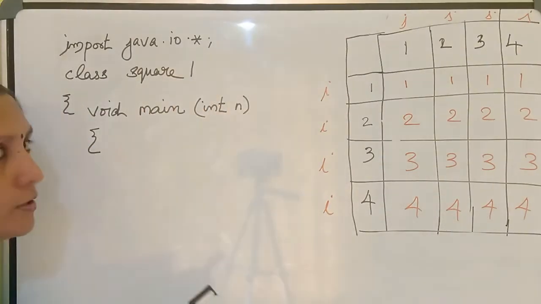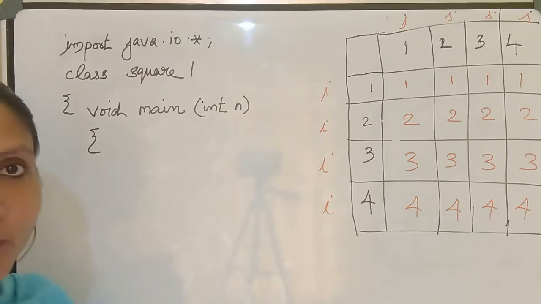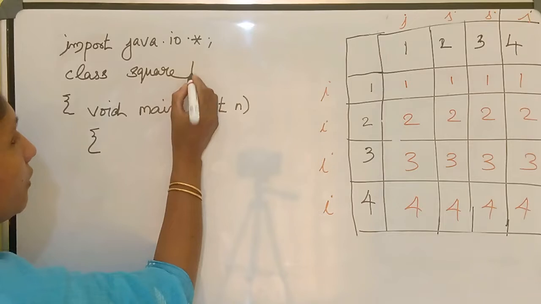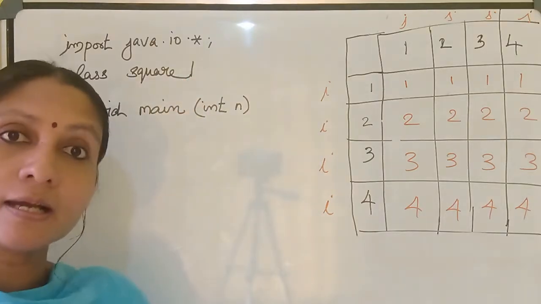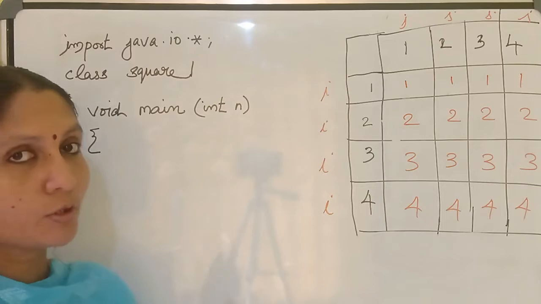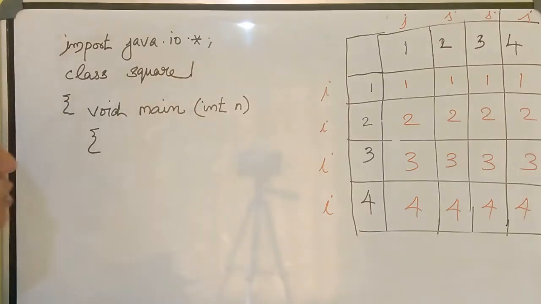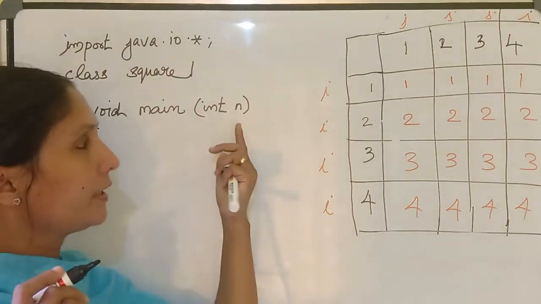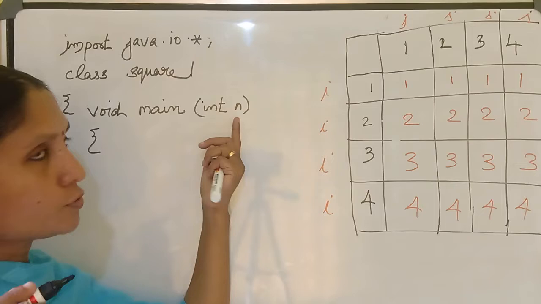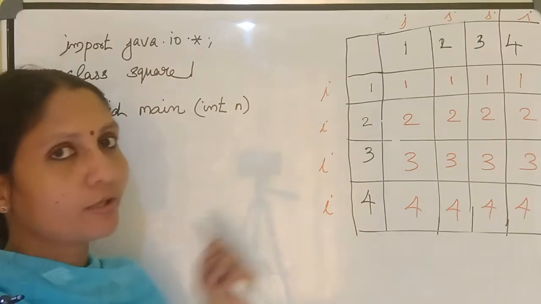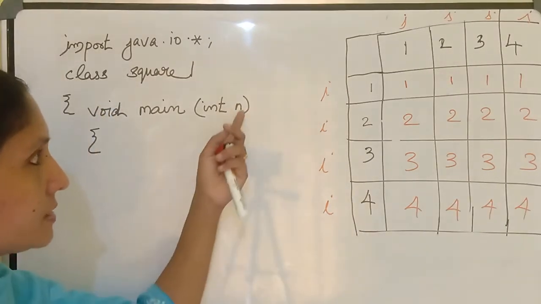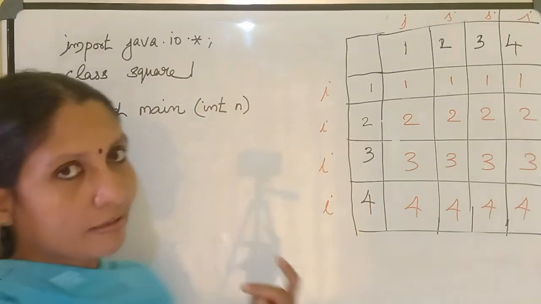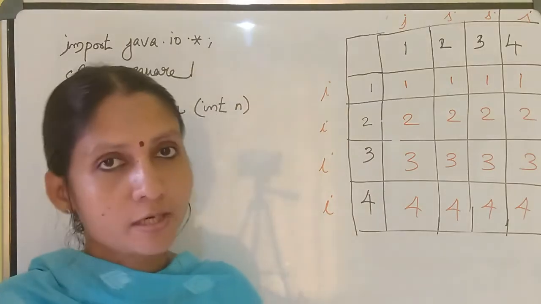How can you start? With the help of import java.io.*. After that we write the class name, here Square1. Don't put a blank space in between the class name. After that we can open a function and in that function I have given one argument n. What is the use of this n? n is the limit of the square. Instead of this we can give 4 or something. Otherwise, if you give n, the user can select the number of rows and columns.